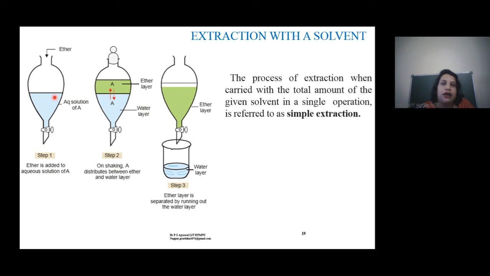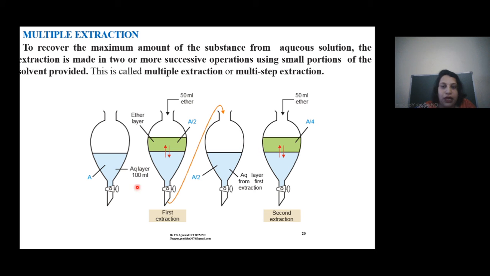Because we know, suppose any solute is distributed in this, it will have some constant ratio, Kd, the distribution coefficient. So if we use the process repeatedly, the solute will distribute repeatedly in the same ratio in the same solvent. The distribution ratio is generally in favor of the organic solvent, so greater distribution can be achieved. But if we do that repeatedly, then multiple extraction will take place and the maximum amount of substance can be extracted from the aqueous phase.